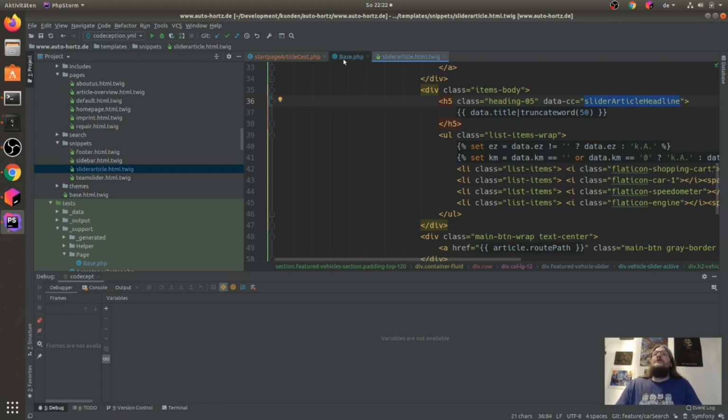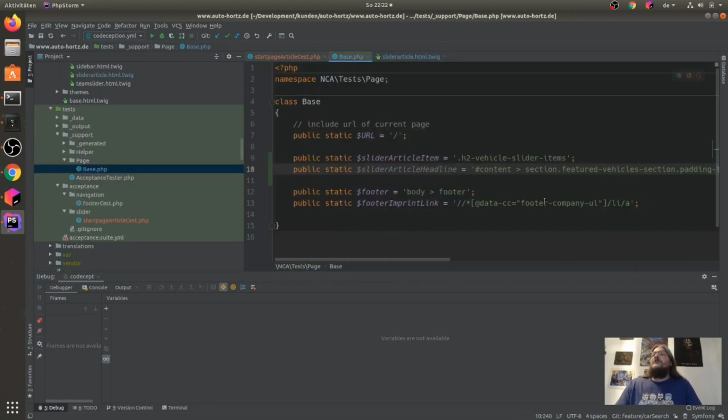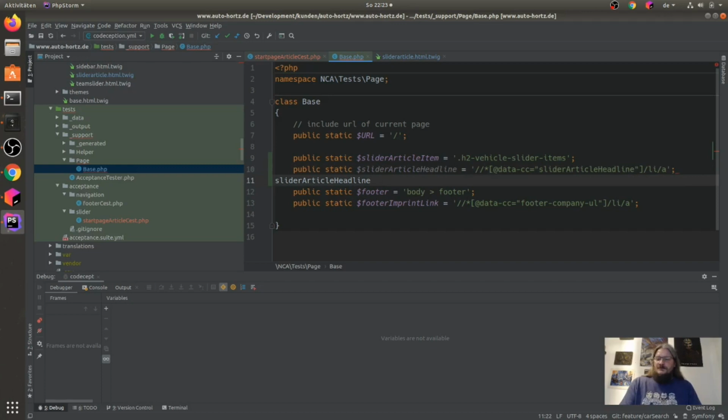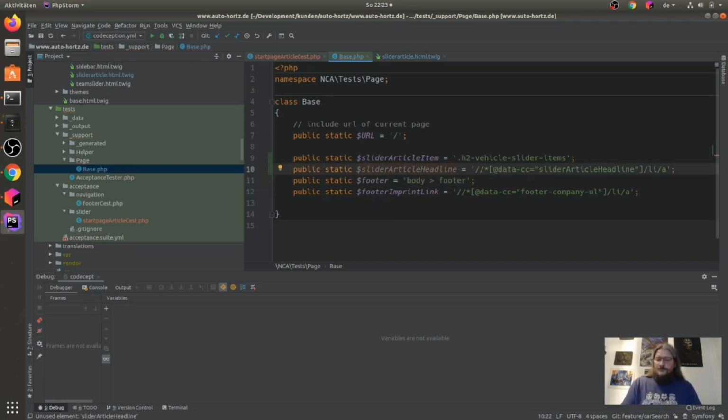Okay, and we will see that we also are using the data-cc attribute here. I just copy this here also, do it here, and now I can say, okay, this is maybe here our slider article headline, and now I have here a headline.